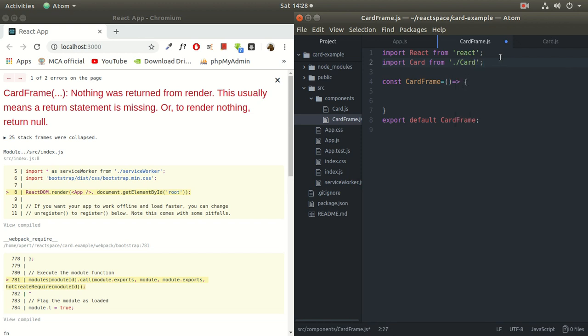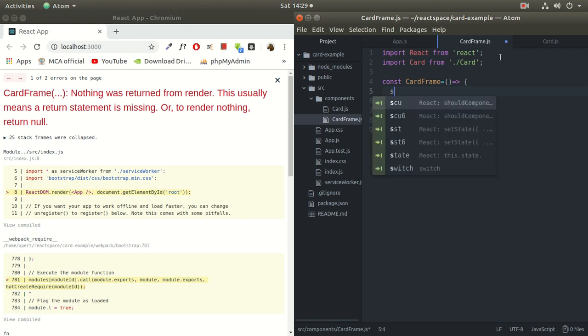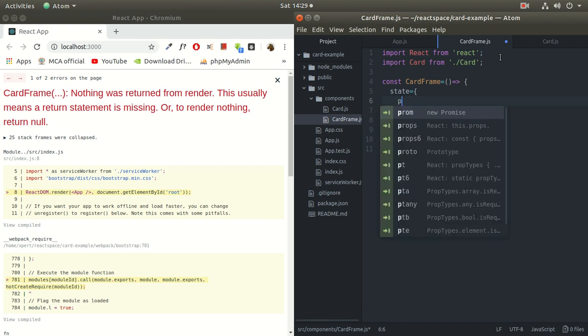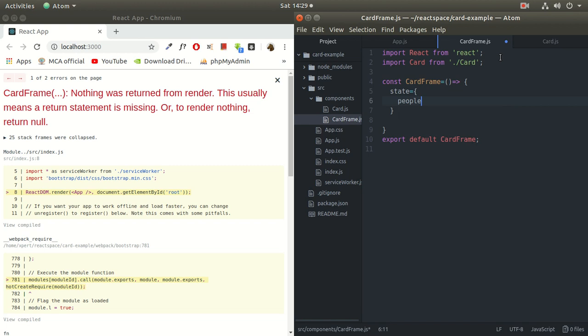card. All right, now, inside this card frame, most of the time we'll be reading data from a database table, or MongoDB or JSON, but right now we are not going into that complexity. So I'll be creating a state here. I'll create a state, this.state is equal to this, and inside this we'll be calling, let me call this people. It will be an array,